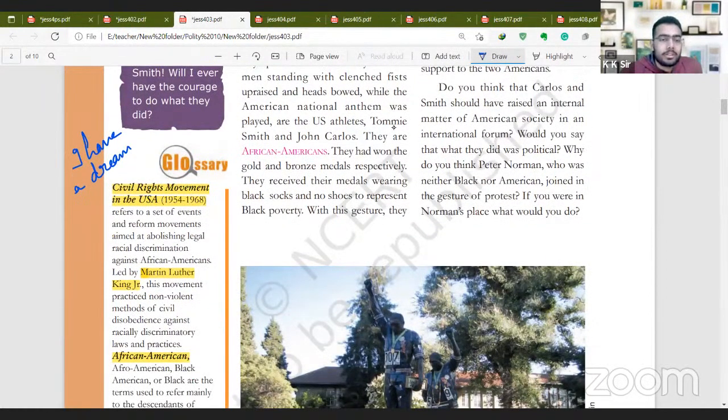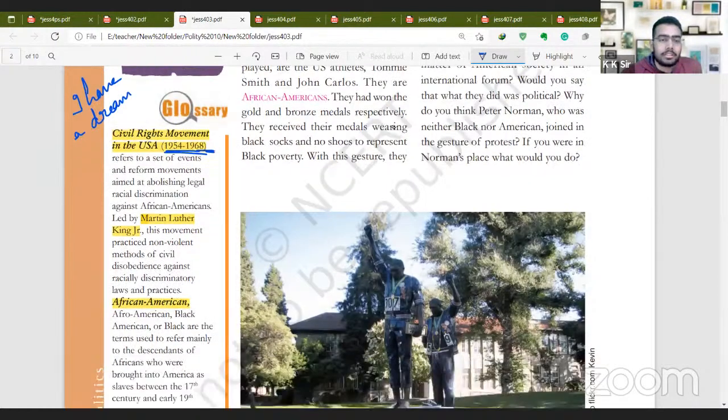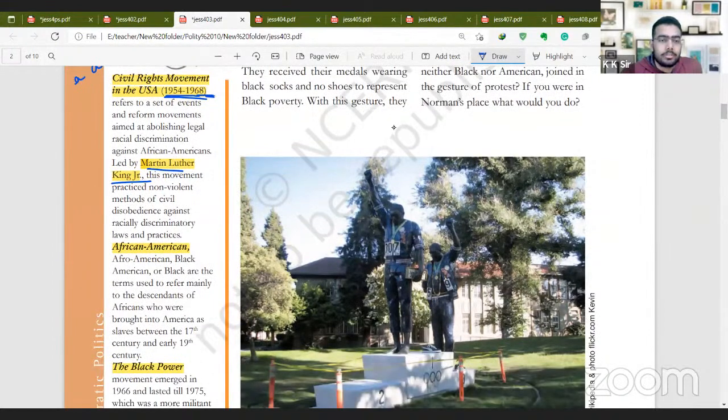The civil rights movement in United States, which ran from 1954 to 1968, refers to a set of events and reform movements aimed at abolishing the legal discrimination against African Americans, led by Martin Luther King Jr. He was a kind of disciple of Gandhi, tried to learn from him a lot, and led a non-violent civil disobedience movement that